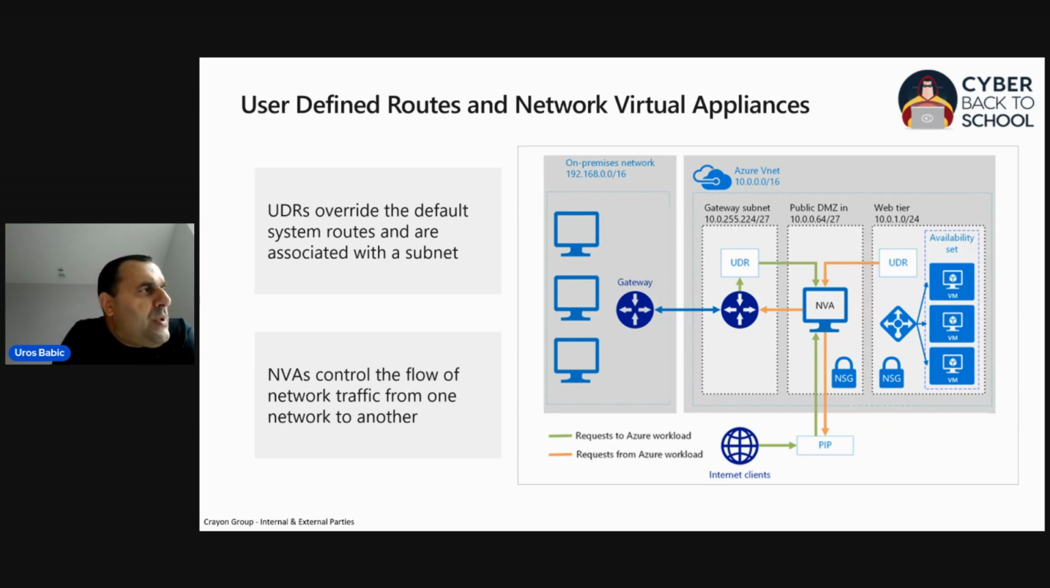On the green side, I can make requests to Azure workloads. I also receive requests from the Azure workloads to internet clients. I can use a public IP, but controlled and associated with the network virtual appliance for that approach. And that is very easy to understand. I can configure force tunneling in Azure via virtual network user-defined routes